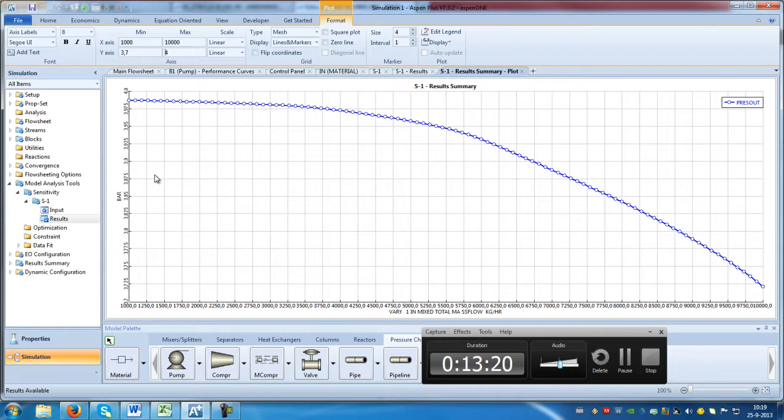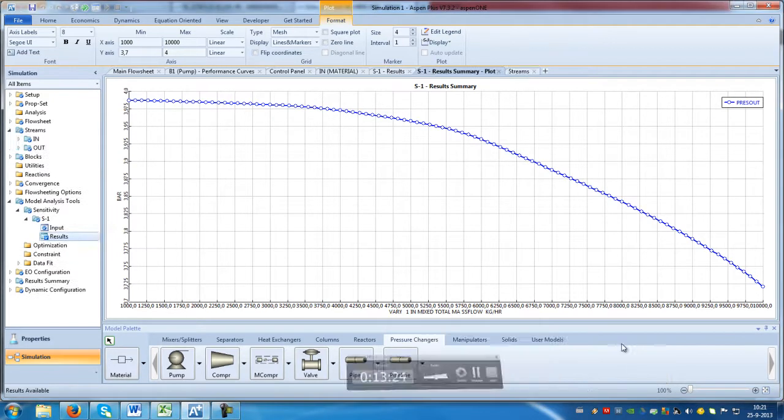Oh, this is not exactly, okay. What the problem is that, as you can see, with the isopropanol, it doesn't reach the 4 bars or